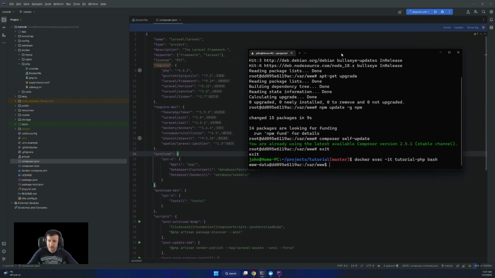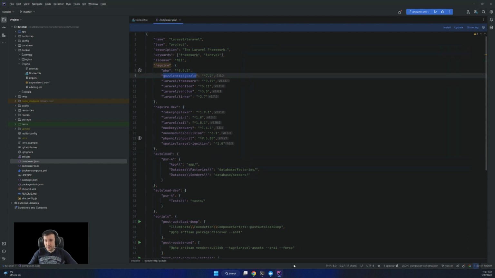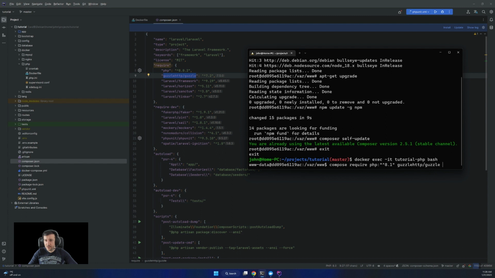So I go in here and I go like this, composer require, and then for PHP I said I want a version bigger than 8.1, right? Then for Guzzle HTTP I don't care, I want the latest version.